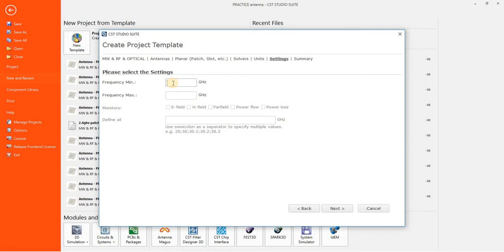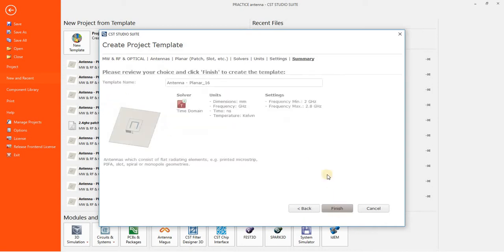The operating frequency is 2.4, so I am going to select the range from 2 to 2.8. Press next and finish.